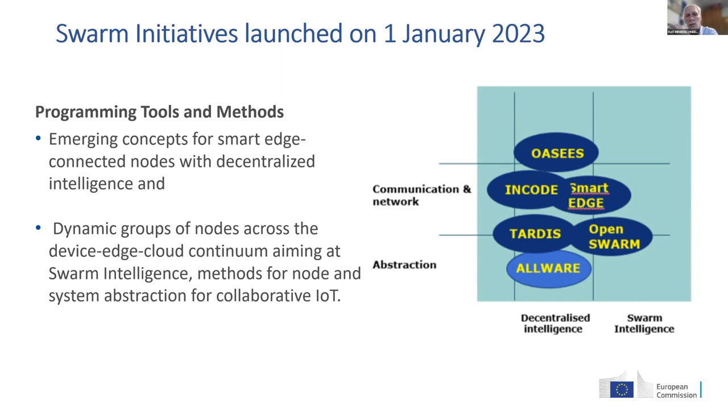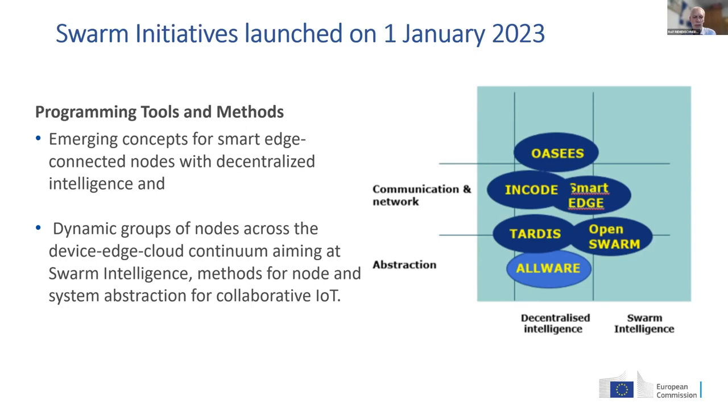And the second part of that is looking at how to generate dynamic groups of nodes across the device edge cloud continuum, which supports swarm intelligence, methods for node collaboration and system abstraction in order to have a more efficient execution of the task and of the mission. Many of these projects also incorporate collaborative robotics, for instance, as one principle. These projects all have been selected, but just started very recently. Second topic